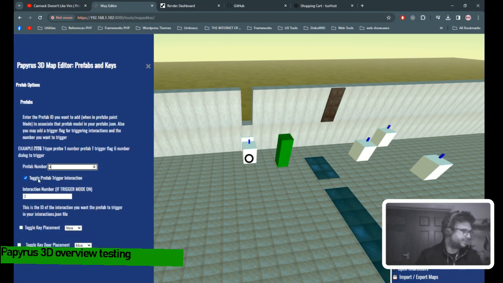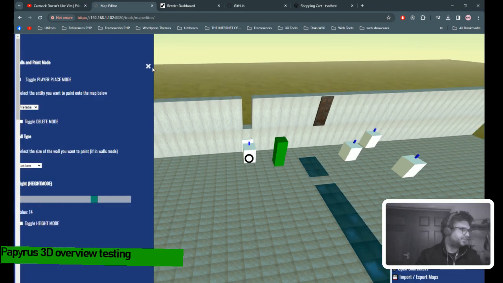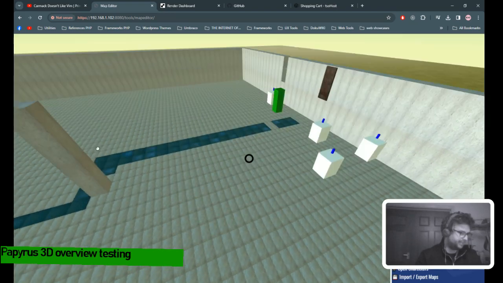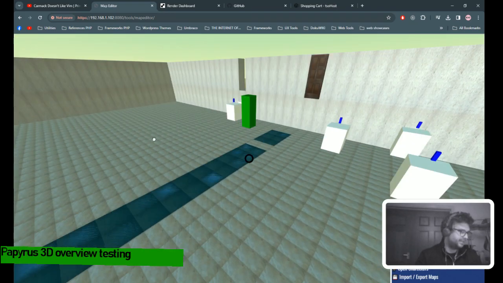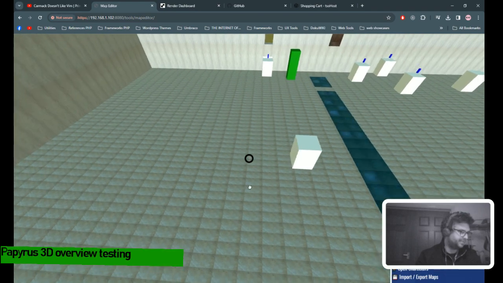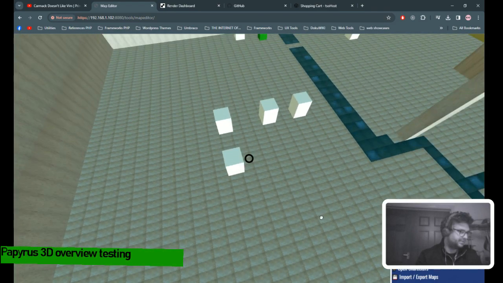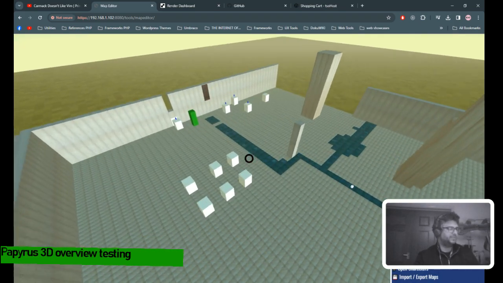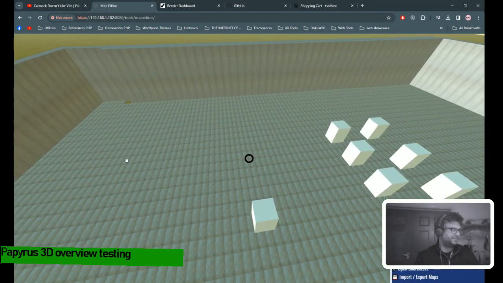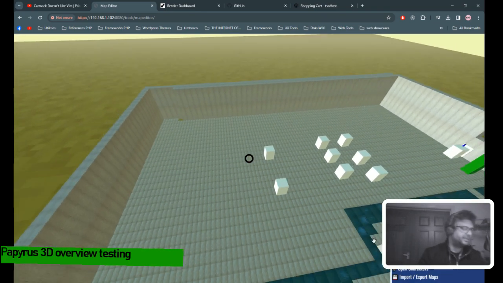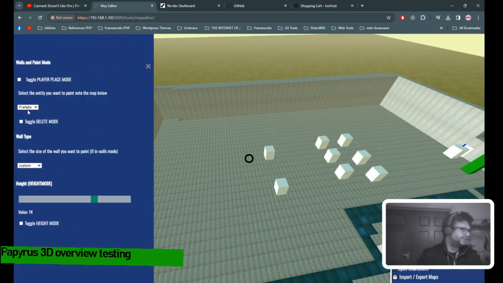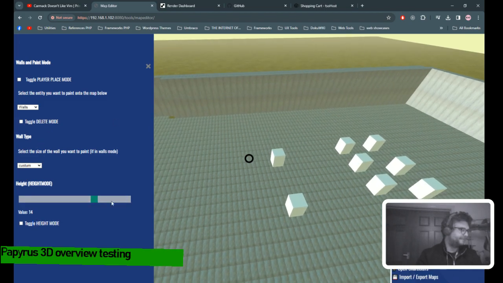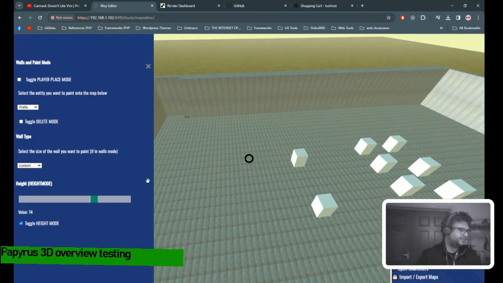I'll turn off the interaction, and I'm going to plonk. Obviously it'd be better if the model's loaded in, but like I said, this is a working prototype. I'm going to put a few tables here, and that will hopefully be coming at some point, so that your prefabs will load in as you want to see them, really. Put a few more walls in. It's custom height, so I'll have to trigger that.